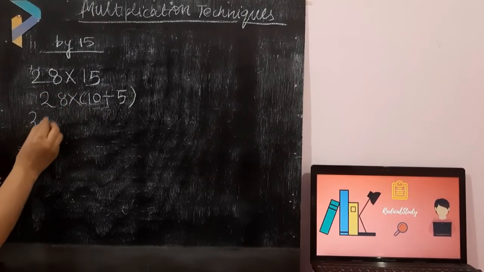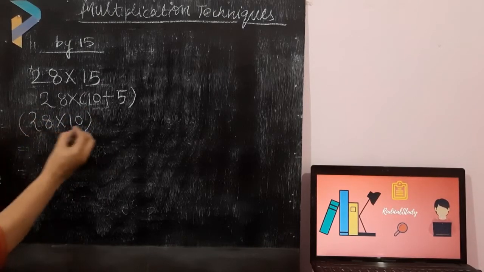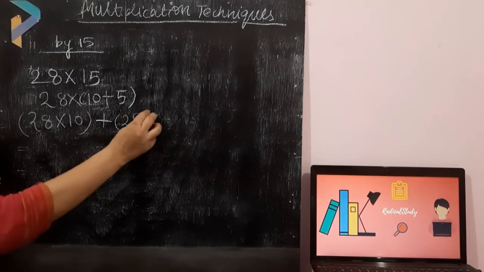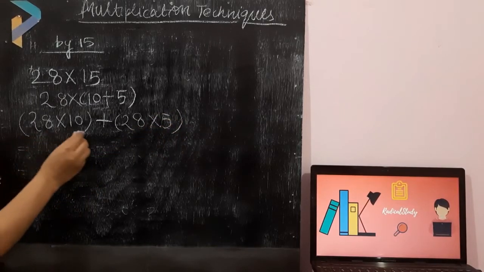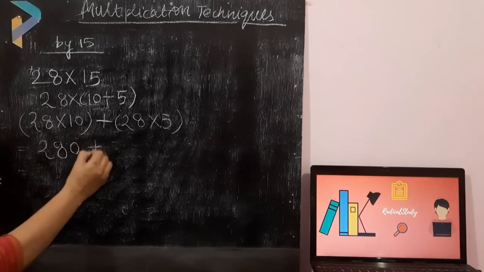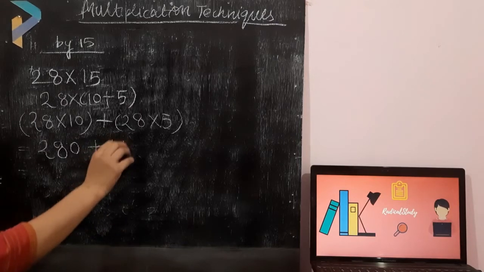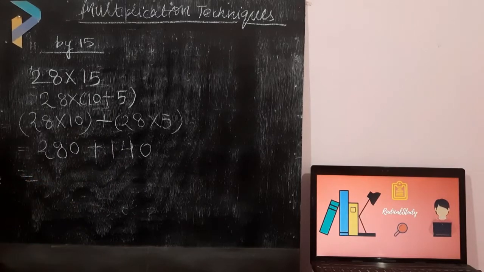Now 28 multiplied by 10 within bracket plus 28 multiplied by 5 within bracket. Okay students. Now as I have told you, it will be 280 plus 28 multiplied by 5. 5 eights are 40, so 5 twos are 10, so it will be 140. Okay students. Now 280 plus 140 is